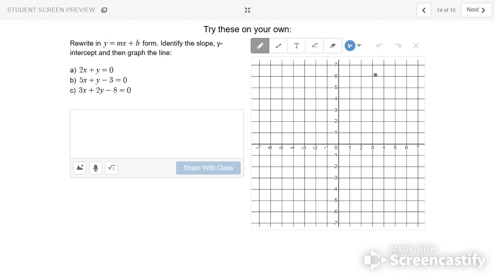Right, pause the video and try some of these on your own. Rearrange this into y = mx + b form, and then graph it first with the y-intercept and then